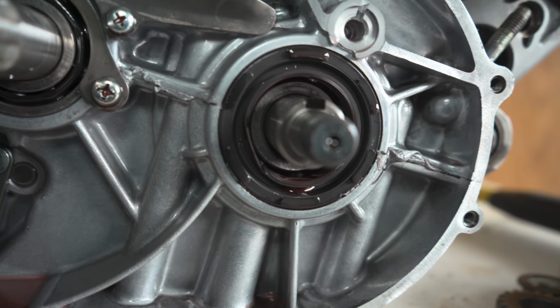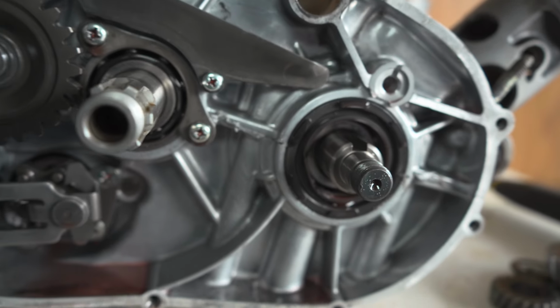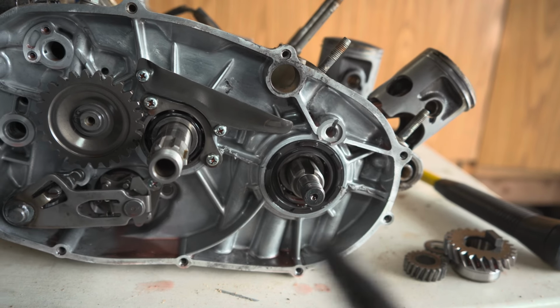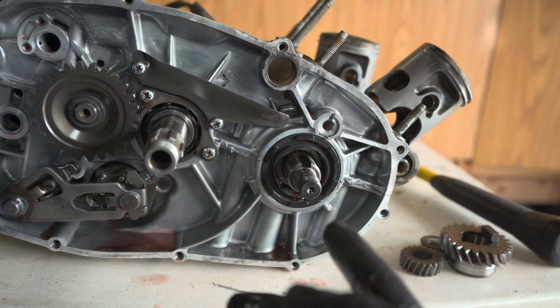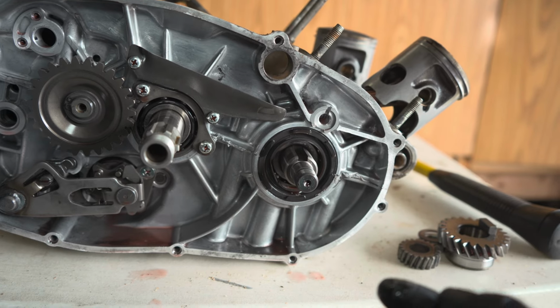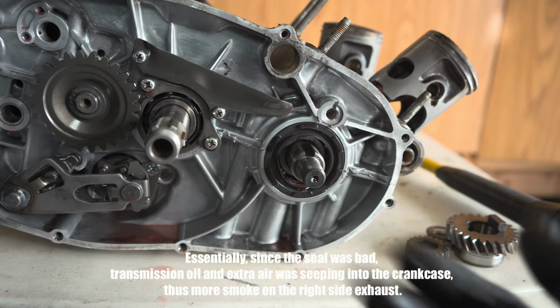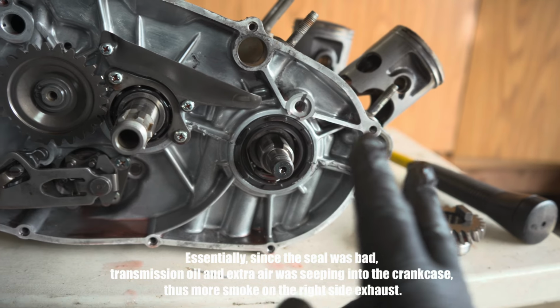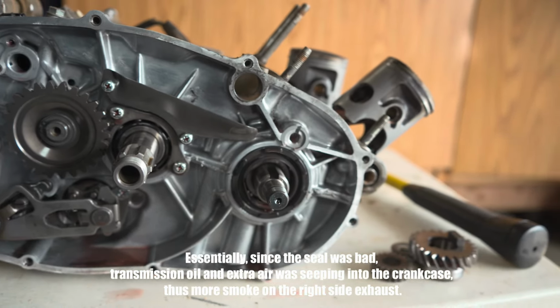And you know what? I remember when I was trying to sync the carbs, I noticed the right exhaust side was always blowing more smoke than the left side. So I could never get them to sync. But now that I'm here,